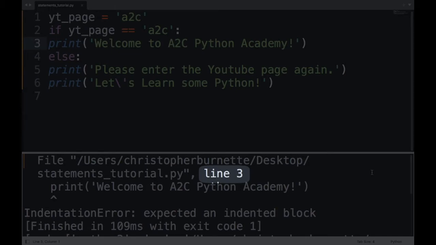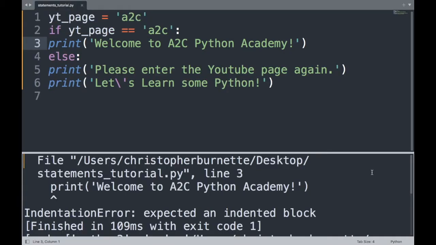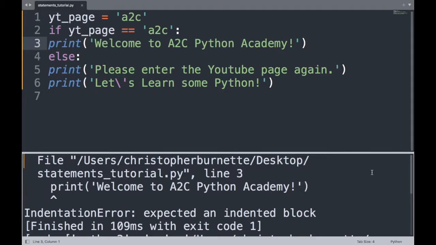When we revisit line 3 in the code, we see we have an unindented print statement. As we look at line 2, we see an if statement that ends in a colon. This indicates the start of a code block, and that's where our error lies. In line 3, the print statement is not indented, which causes our error. So we indent line 3 with a tab